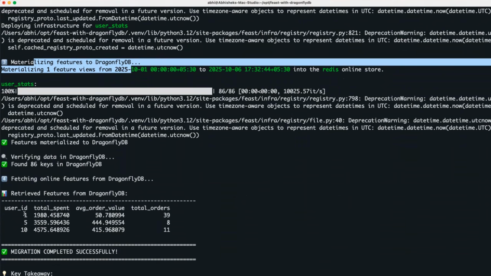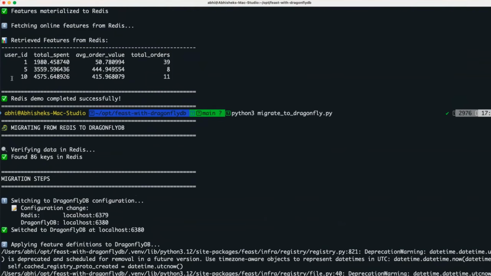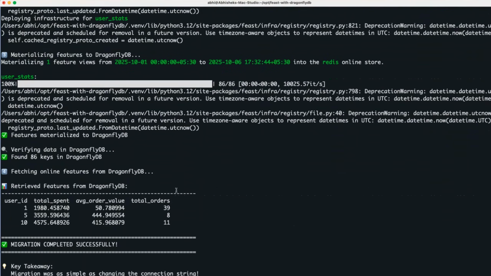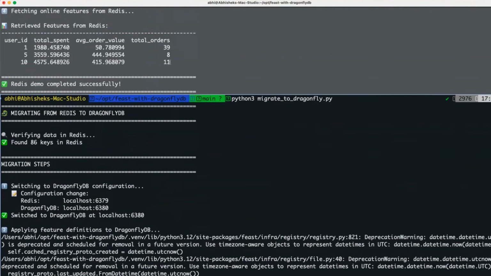The user IDs are 1, 5, and 10. Let's compare that with Redis. Great. It is the same: 1, 5, and 10. Average order values are 50, 444, and 415, with the exact same decimals. And total orders are 39, 8, and 11, which is exactly the same in this case as well. This shows